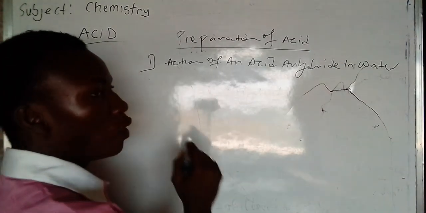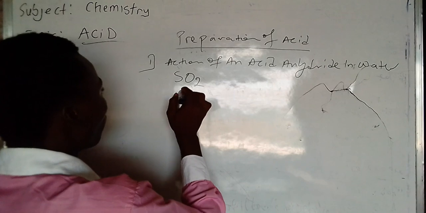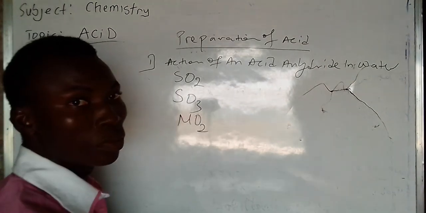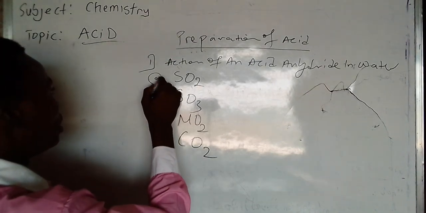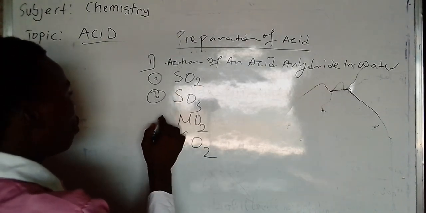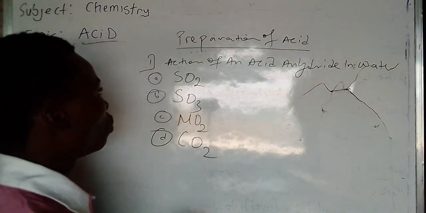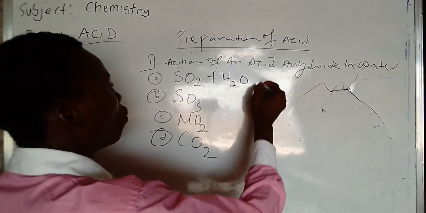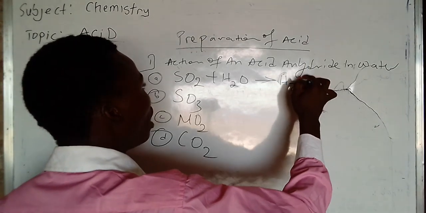What does that mean? The following are acid anhydride compounds: SO2, SO3, NO2, CO2. All these mentioned, they are the compounds that when water reacts together with them, they can produce acid. Let's check it one after the other quickly. Here, when this one reacts together with water, what will happen? We are going to have production of H2SO